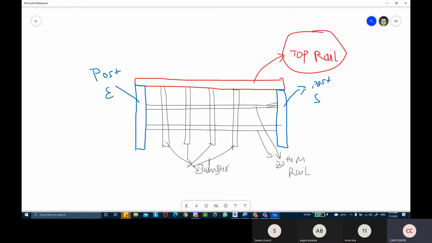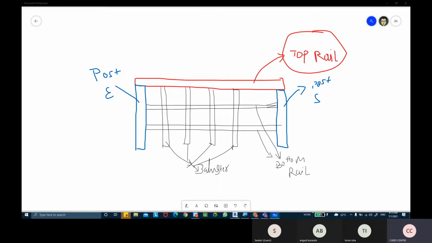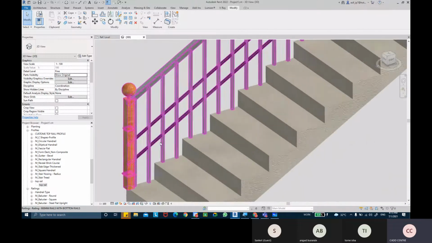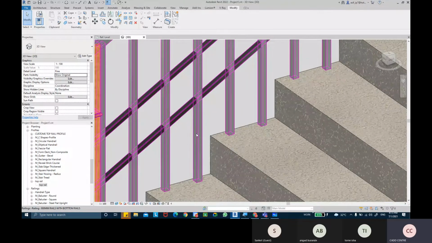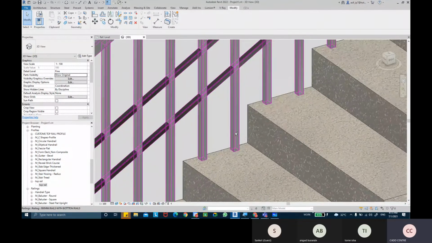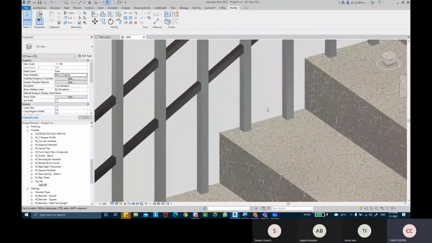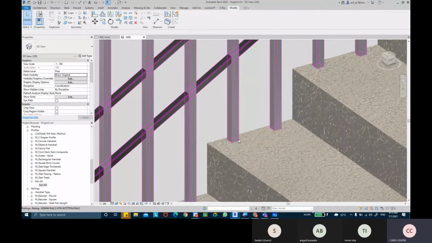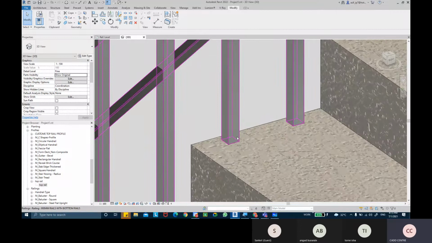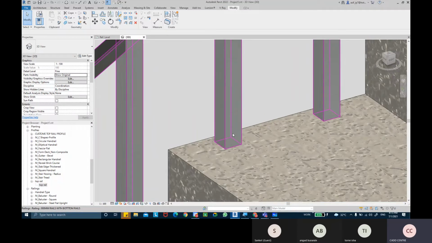Now, what I explained last time was about these posts basically. Today we were supposed to make the main balusters actually. Okay, these ones. If you see over here where we have these balusters, these are my main balusters, and currently they have a shape profile, and it looks to me like a rectangular or maybe a square profile. So these are called main pattern balusters.